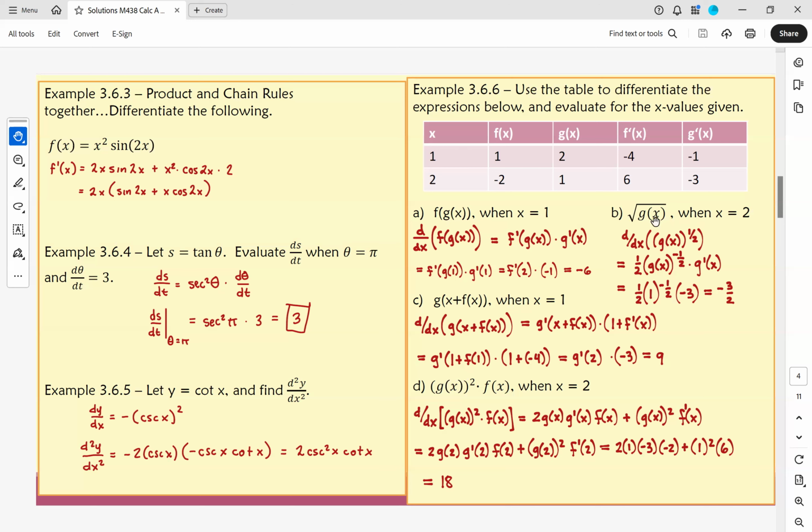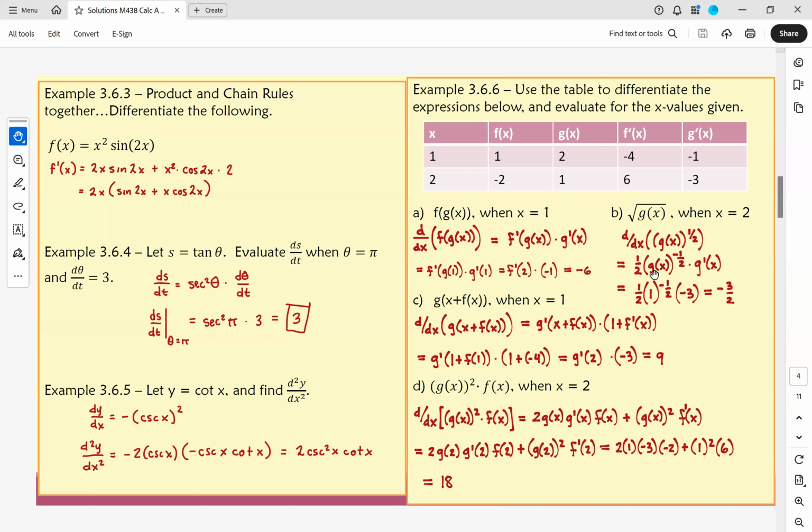Part B, I'm going to take the derivative of what's really g of x to the 1/2, which you can think of as the entire g function plugged into a square root function, an x to the 1/2 function. So I'm using my same polynomial shortcuts we're accustomed to, with g of x still plugged in there. And again, times g prime. And then once I have the general derivative mapped out, I can plug in 1s for x's,